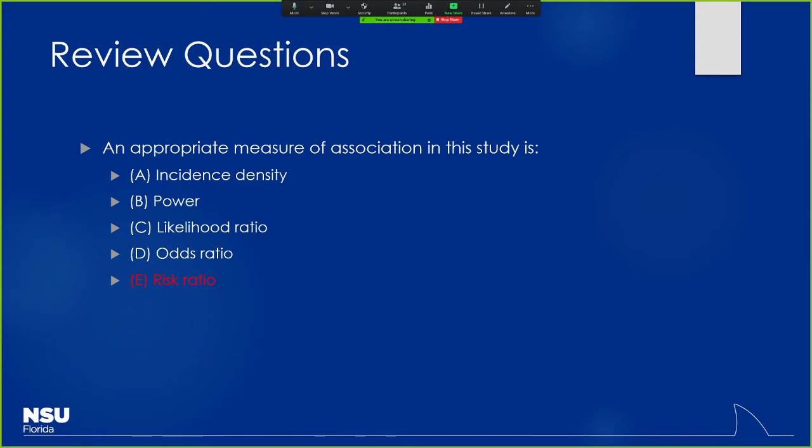So that would be the case where we can use the odds ratio, right? Again, power is only telling us our ability to detect a difference. It doesn't really give us any ideas about association. Incidence density is really just descriptive. It just counts the number of things that are there. It doesn't tell us an association necessarily, but because we're doing a cohort study like this, a risk ratio is absolutely able to be calculated.